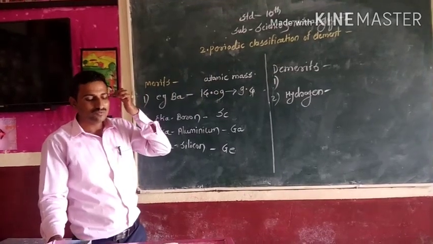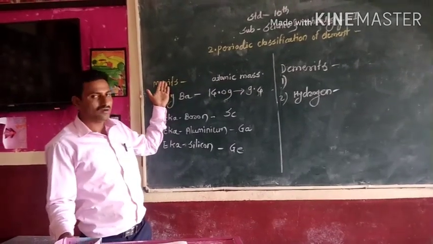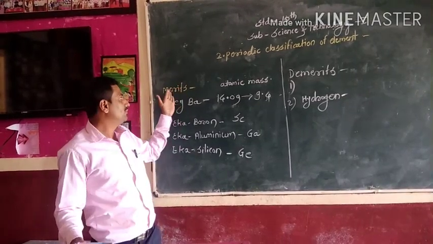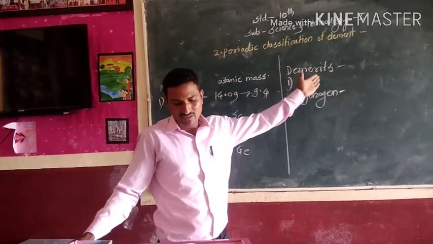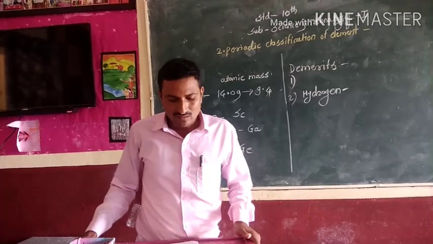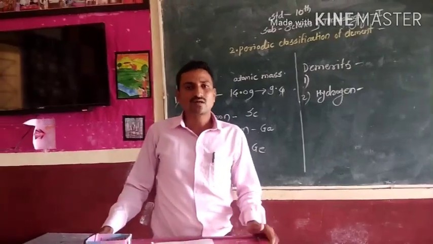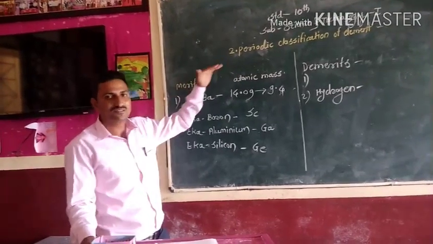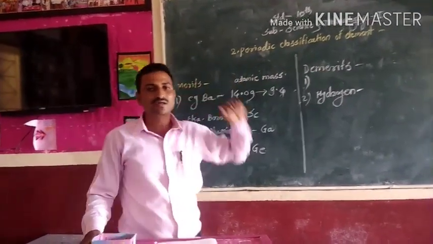Today we studied the arrangement of the Mendeleev periodic table, its merits and its demerits. Our homework is to write down some merits and some demerits of the Mendeleev periodic table in your notebook.